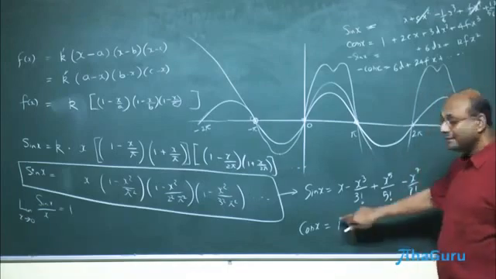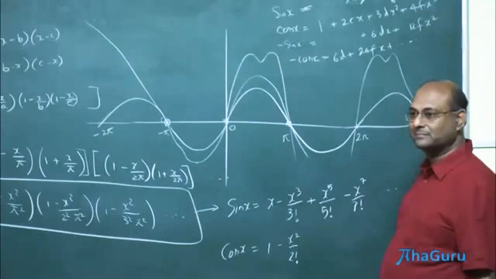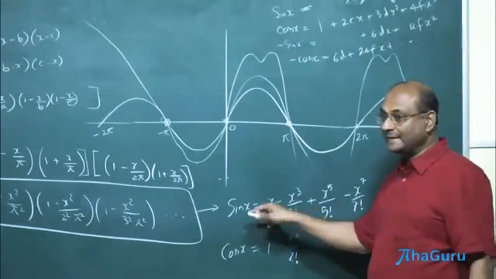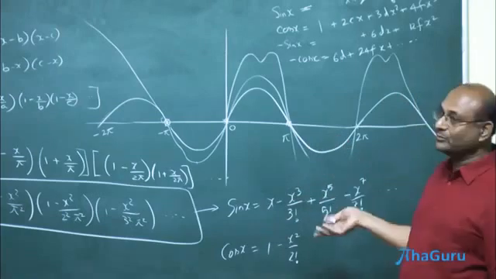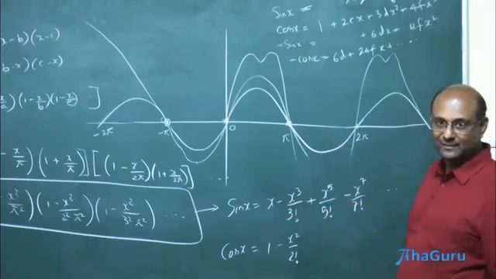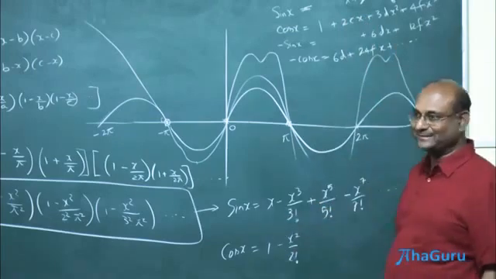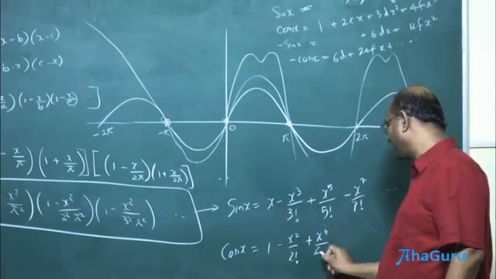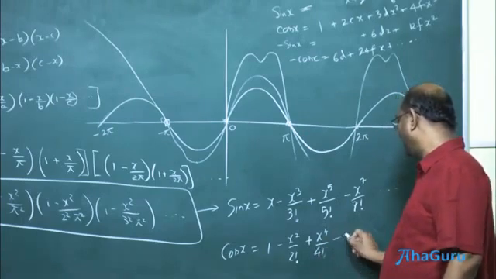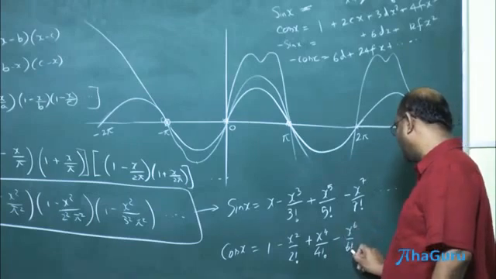But the second term in cos is not an x term, it is an x square term. The second term in sin x is not x square but x cube. By the way, this will become very useful when you're doing calculus and limits. It comes partly from calculus and limits, but it goes back to calculus and limits. Anyway, plus x power 4 by 4 factorial, minus x power 6 by 6 factorial and so on.